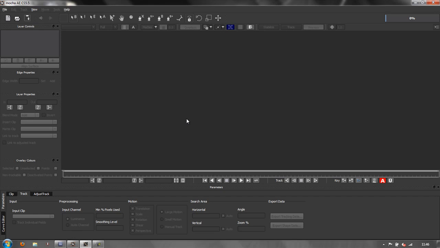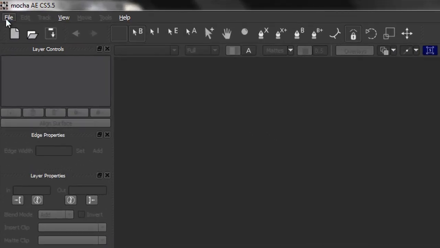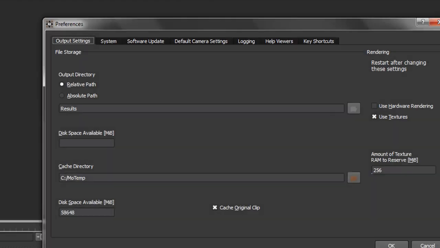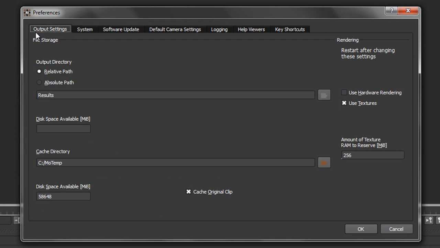Okay, before we import the footage, I just want to show you a preference which I think is really important in Mocha. So if you open up your file menu, you'll find towards the bottom is the preferences, and then on the output settings, the very first tab, you have something in the middle bottom that says cache original clip. And this is something that I would advise that you check. It usually comes unchecked. I would advise you check so that when the original clip comes in, it's automatically cached into memory, which means that the item is going to play back very smoothly